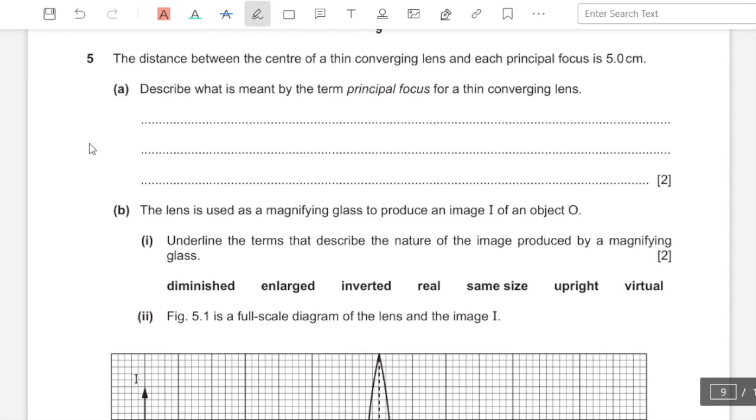Question number 5. The distance between the center of a thin converging lens and each principal focus is 5 centimeters. A. Describe what is meant by the term principal focus for a thin converging lens. So we're supposed to be writing the definition over here, which is